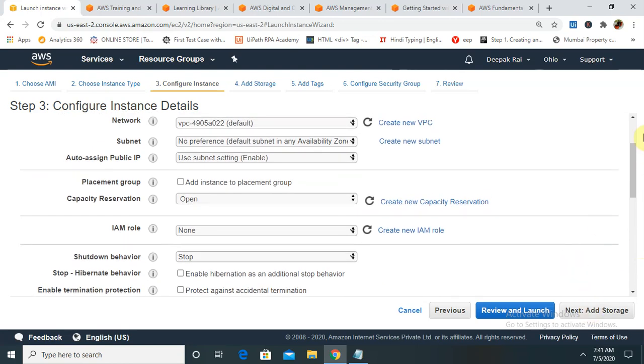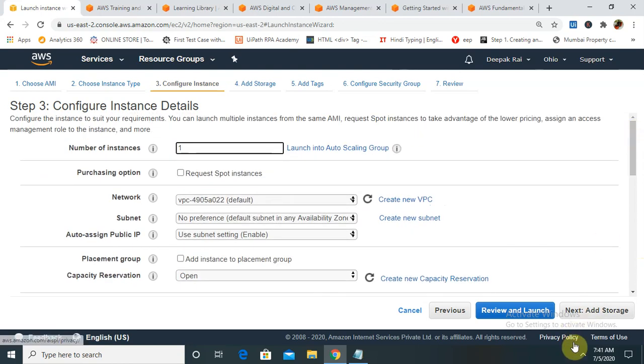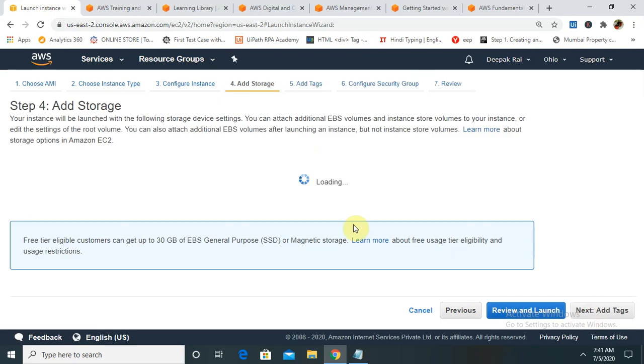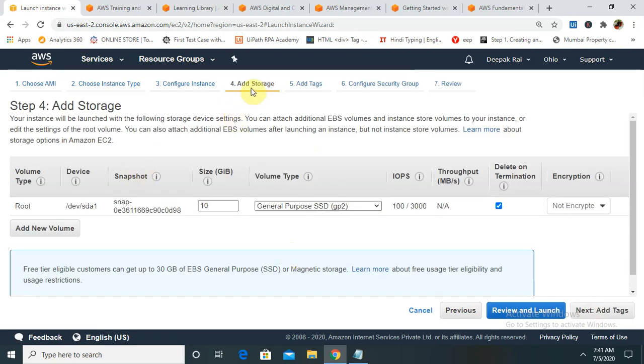So let me click on the add storage component. As you can see here, add storage will define a size. I am giving only 3 GB as of now, and you can change it according to your purpose of SSD.